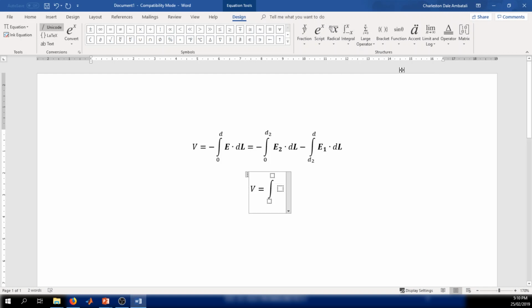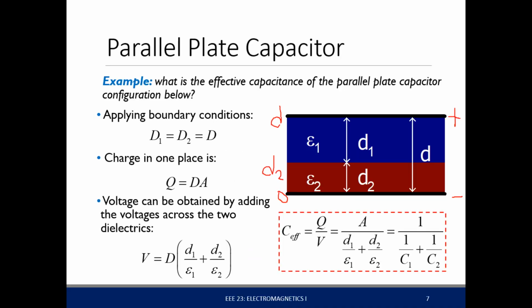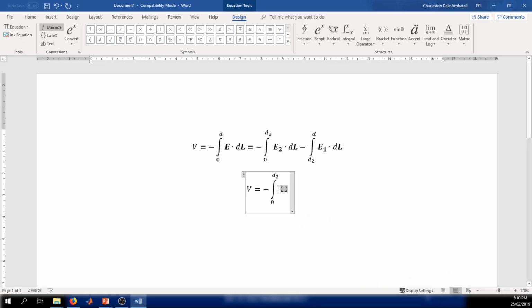It becomes negative of the integral from 0 to d2 of E2 dotted with dl. Recall that our dl goes from this point to this point, and our electric field is moving in the opposite direction, so the dot product is negative. Therefore this term becomes positive. The electric field is equal to your electric flux density divided by